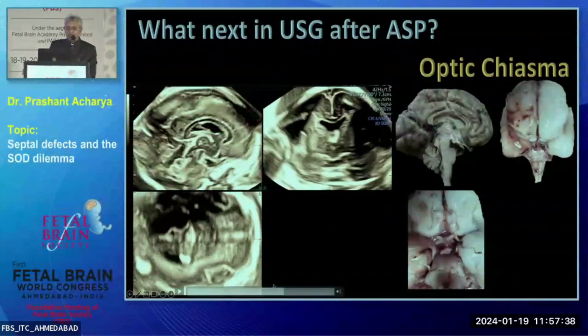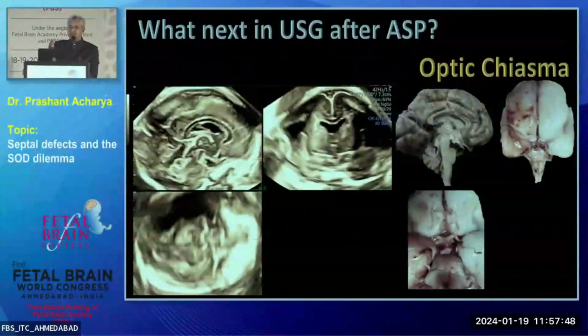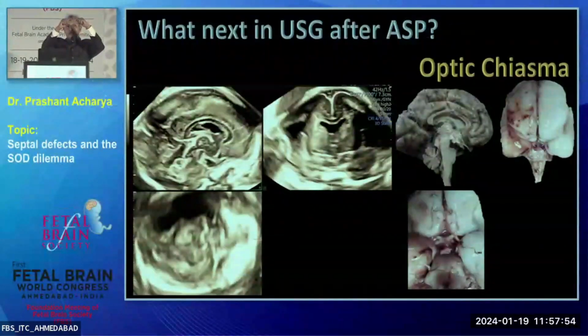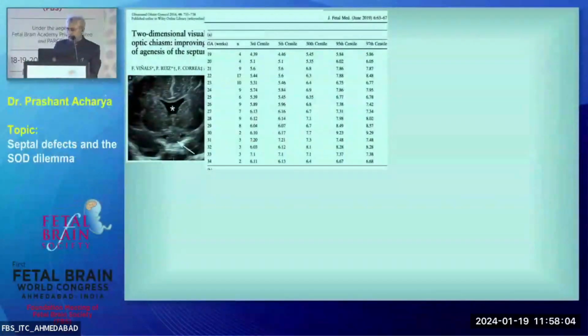The moment I put my reference dot at that point, I can see the optic nerve roots and optic chiasma, and that's the easiest way. Grab a volume. You have already diagnosed septum pellucidum defect. You put your reference dot coming from the septum pellucidum, go down, track to the optic nerve origin, and in orthogonal planes, you will pick up both the sections of the optic chiasma. That's what you will be looking at.